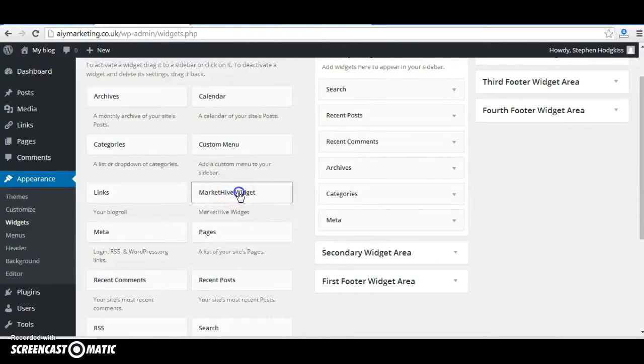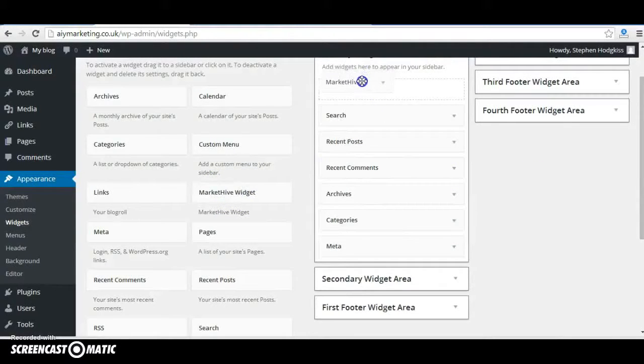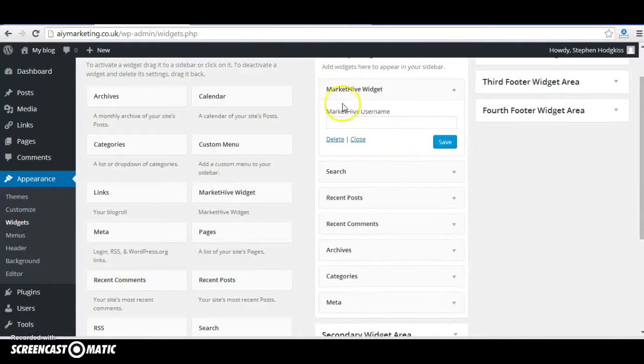So what I want to do is drag that and put it right at the top of the sidebar. And as soon as you do that, it pops up with a little text box saying MarketHive username. So I want to click on that, and put in there my MarketHive username, which is in fact Stephen Hodgkiss, and then just click on save. Now I want to go back to my blog here and then visit the site,